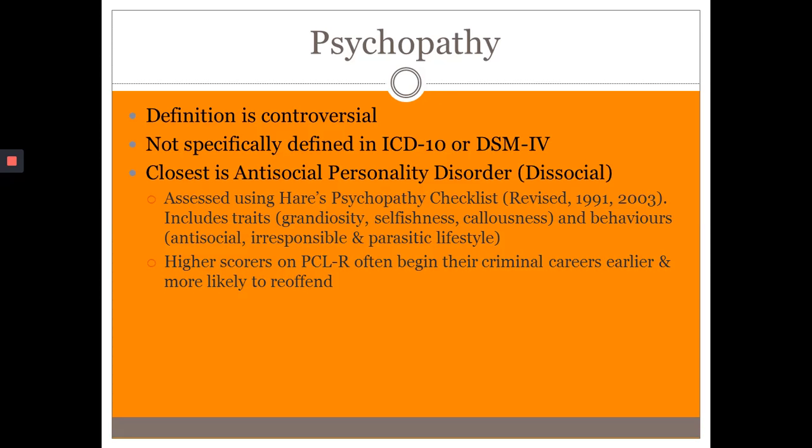The PCL-R is the Psychopathy Checklist. The R is the revised version from 1991, and again another revision in 2003. So it's basically Hare's checklist, but slightly updated in the light of ongoing research. People who score high on that checklist